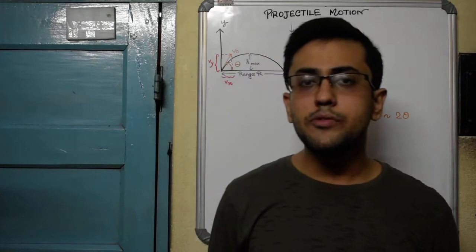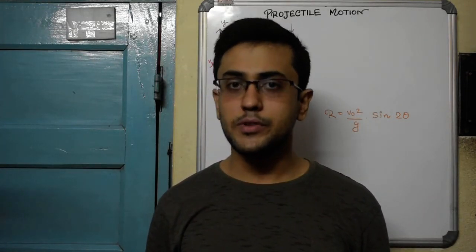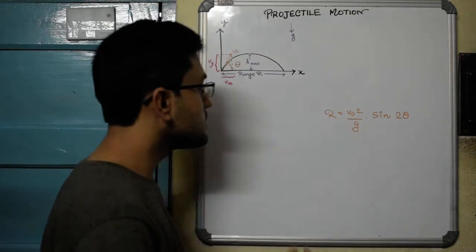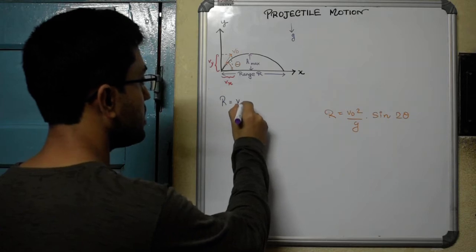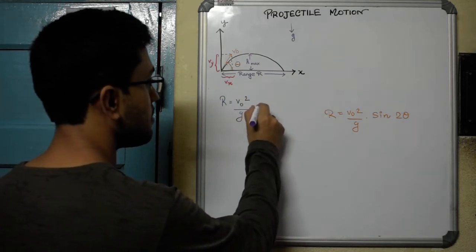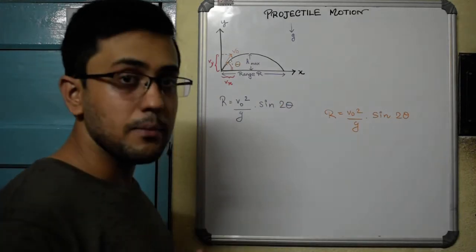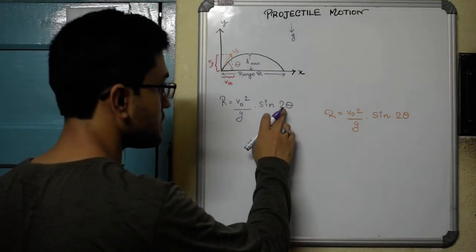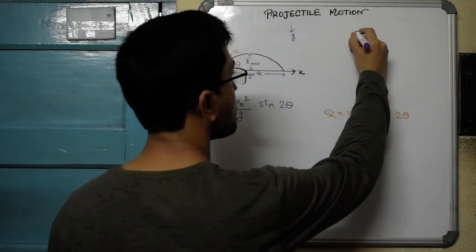Now that we know the formula for the range of a projectile, we shall look at some of the applications. As you can see, this is the expression for the range. The range is equal to V0 square divided by G multiplied with sine of 2 theta. Now a beautiful application here is, because of this 2 theta part, that if you study trigonometry again, you shall